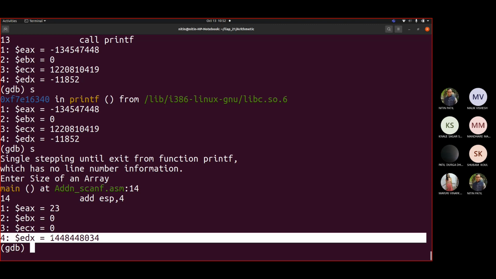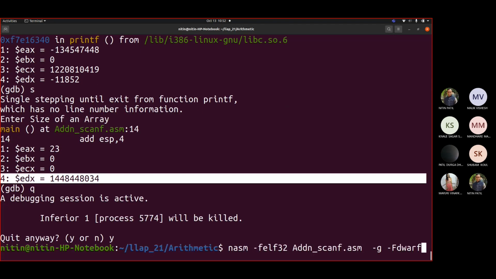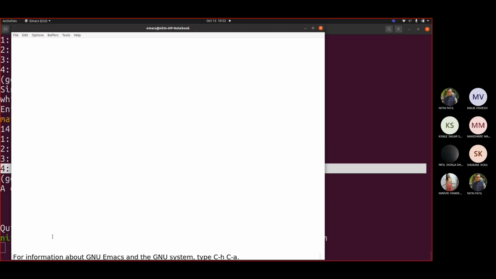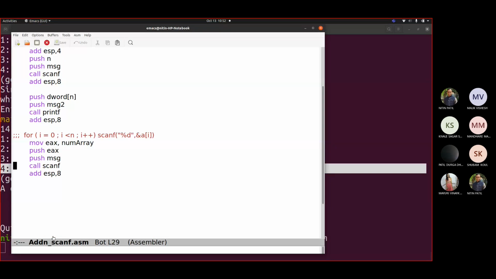So what we have to do is, if I have to maintain that address, then I may have to use some other register other than EAX, ECX and EDX. Fine. So I will make a small change in my code to show you whether we have really got the first value or not. So instead of this EAX, I will write here EBX.